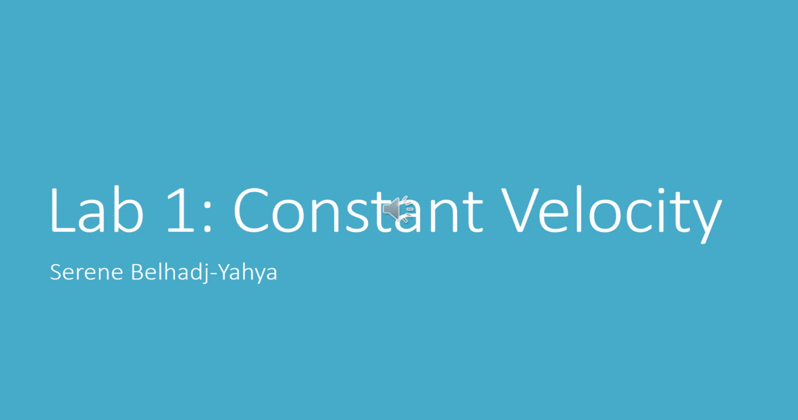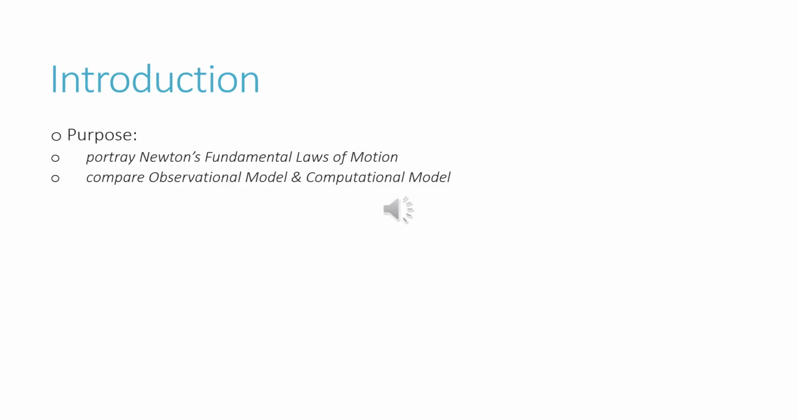This lab examines constant velocity using a volleyball. The purpose of this lab is to portray Newton's fundamental laws of motion by observing the motion of an object that has a constant velocity, meaning the object moves at the same speed and doesn't change in direction. Then the observational model must be compared to the computational model and conduct an analysis of the similarities and differences